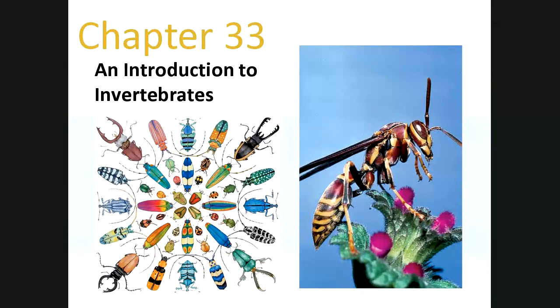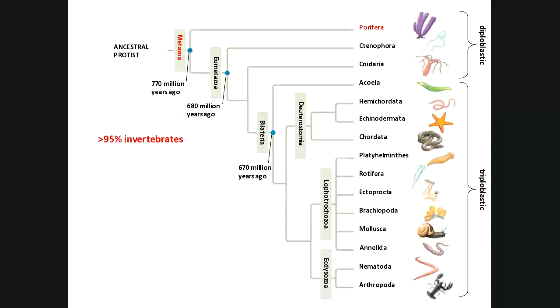Let me continue on talking about just the invertebrates in general. Of course, I'm sure you're all aware the invertebrates are those organisms that do not have a backbone. There are vertebrates, and then there are invertebrates, and then, of course, like everything else this semester, there's a few critters that fall somewhere in between. So we'll get to those when we do. 95% of all the animals out there, 95% of all the critters that we consider animals, are invertebrates. So it's a really large group with a lot of diversity.